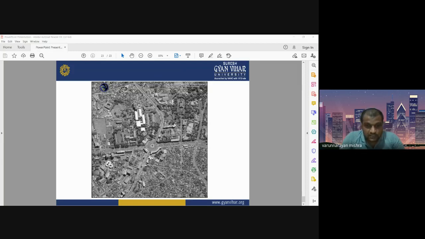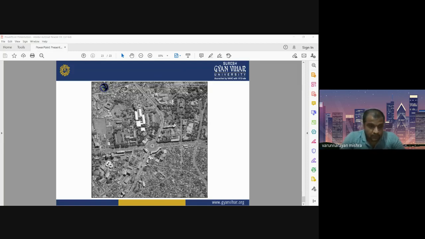Depending on the requirement, you can choose any of the satellite images, either high resolution, medium resolution, or coarse resolution. But data availability is very important, so that you can use that data effectively for good detailed urban planning and urban mapping.